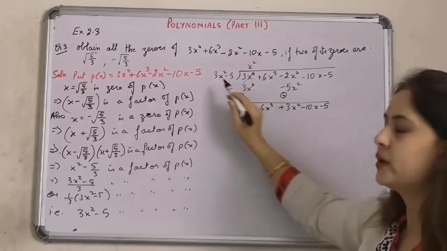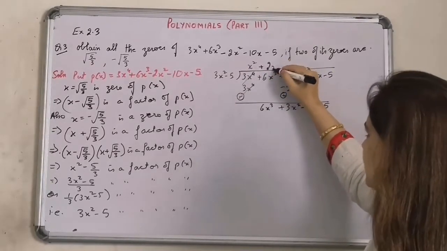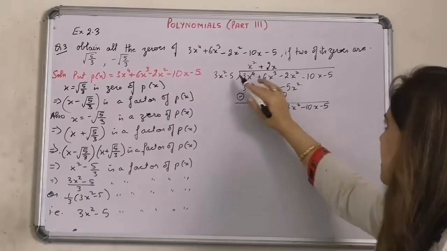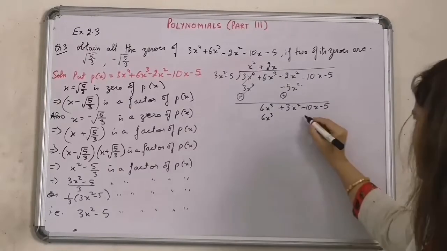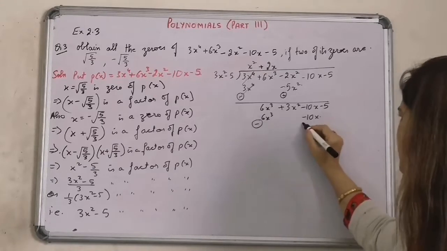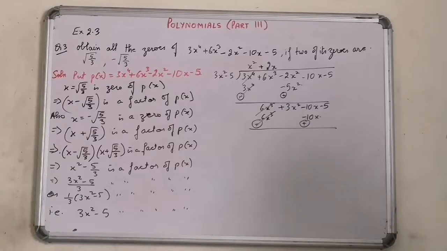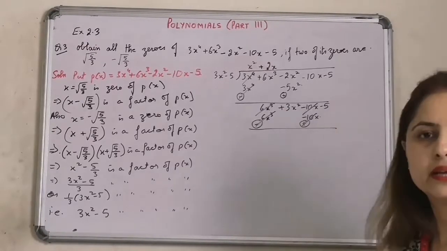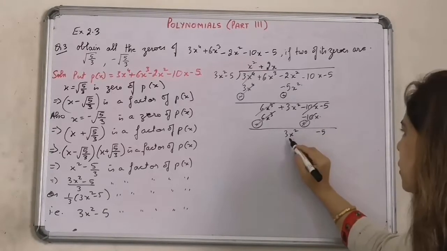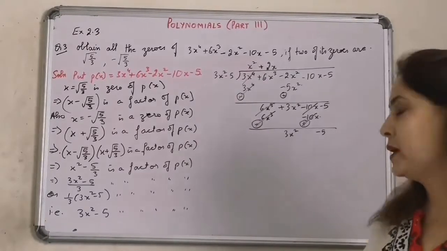So 6 into x power 3 divided by 3 into x power 2 will give us plus 2x. Am I right? So what do we get? 6 into x power 3, minus into plus is minus 10x. So here it is. In the next step, we are going to change the signs of the bottom line only. The first term cancels out. Even this one cancels out in this case. So we are left with 3 into x square minus 5. Now this is of degree 2 and this 2 is of degree 2. So it means still the long division needs to be carried on.